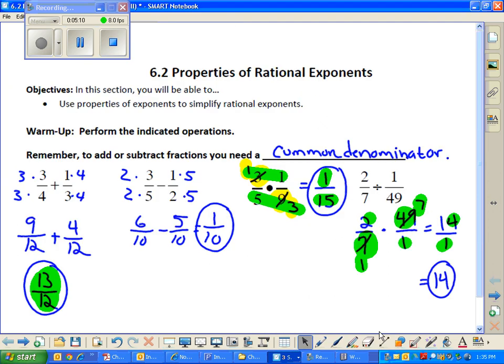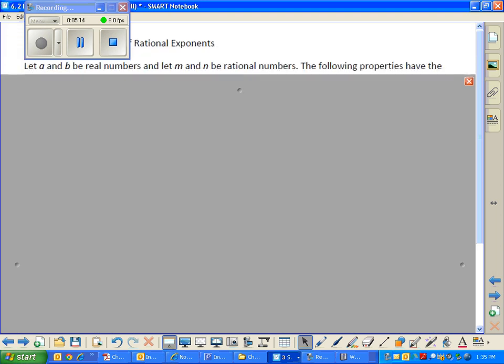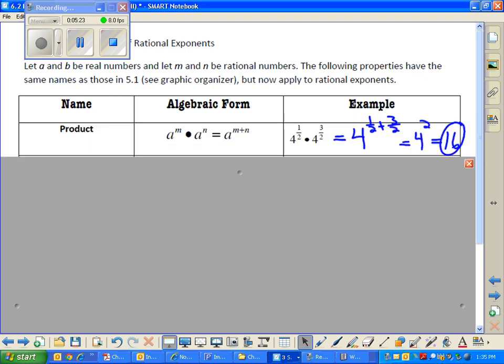And I'll screen share and walk you through them a little bit. You already have this list, if you photocopied the graphic organizer from 5.1, the nice gold sheet. It's the exact same properties, just to let you know. Our first property on that paper